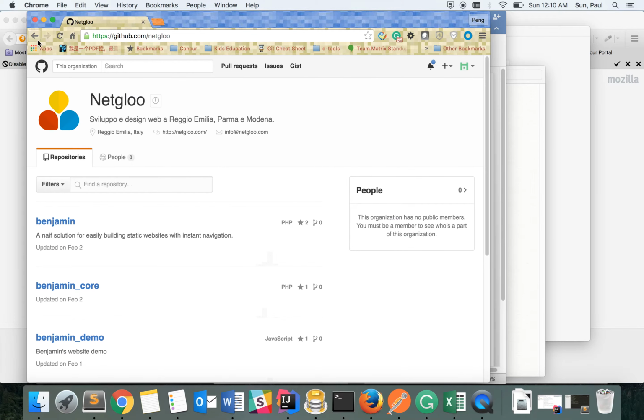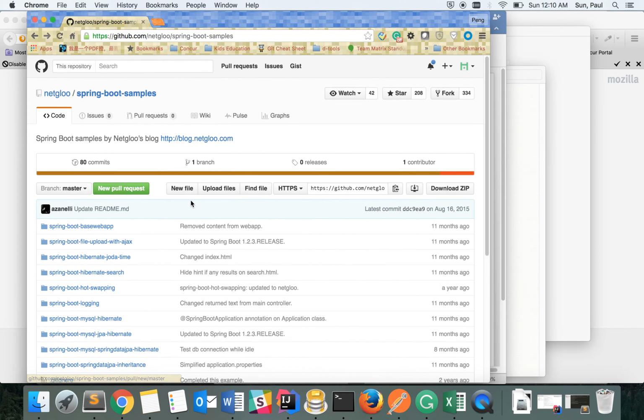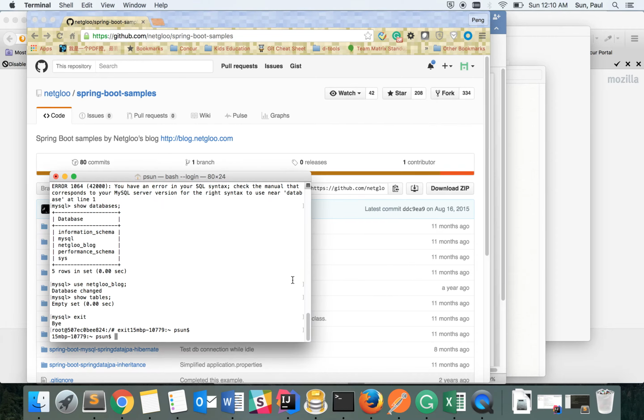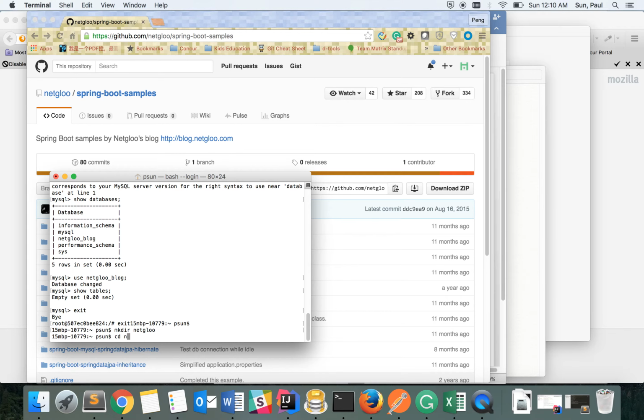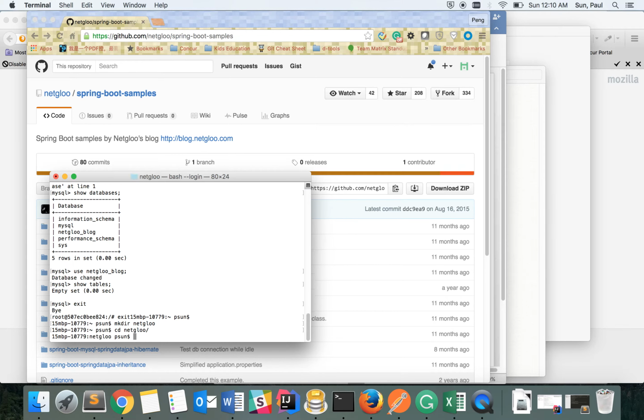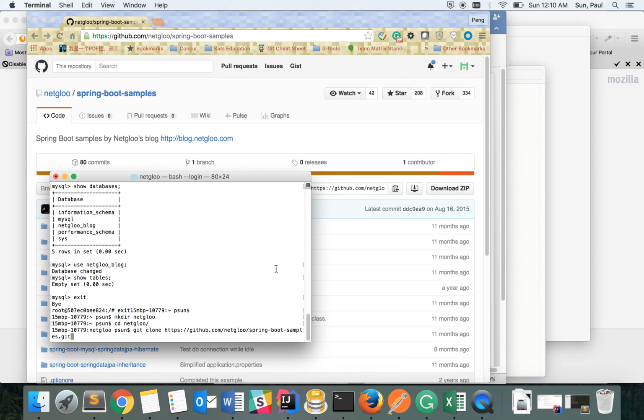Okay, so here I'm going to git clone this project to my local. Let's just make a NetGlue project and a folder, and so I'm going to do git clone, and